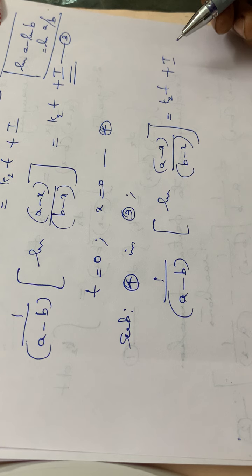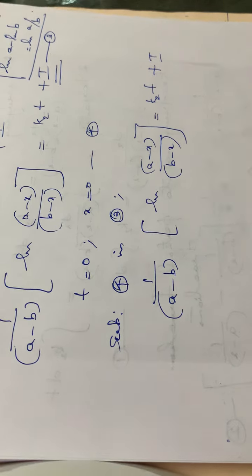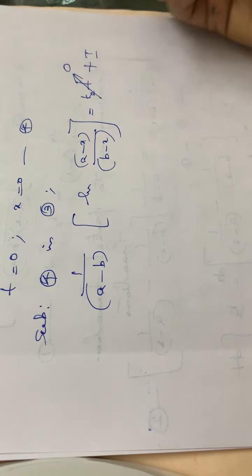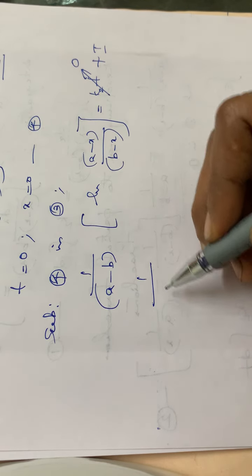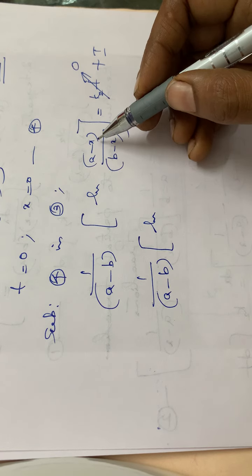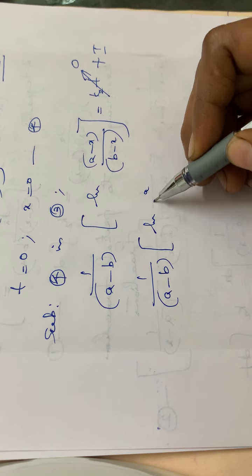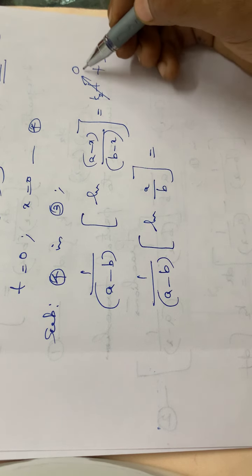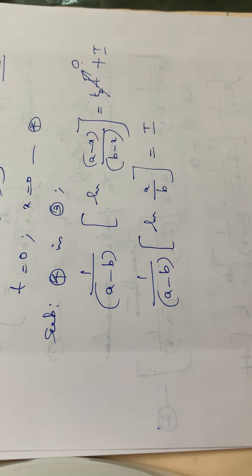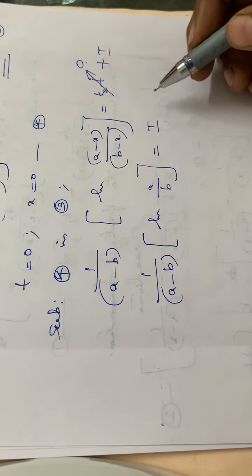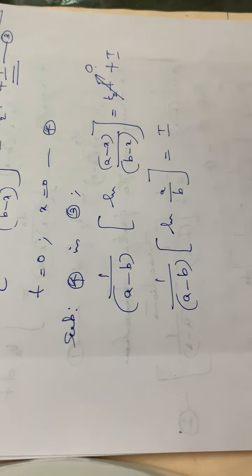Sorry, I had written the equation once again. So you have to substitute the values for t and x, isn't it? This term goes to 0. So this becomes 1 by a minus b into ln a minus x, x is 0, so it becomes a by b minus x, x is 0. So ln a by b is equal to I. Okay, so we will be having the value of I.